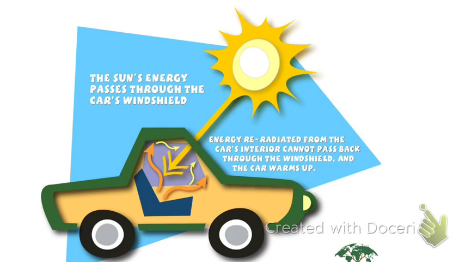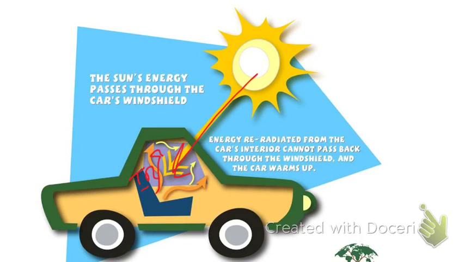Alright, now the greenhouse effect can also occur in our cars. Now, our cars have windows, and the windows will allow a lot of the light to pass through. But inside of the car, the materials like the seats and the dashboard, whatever, are going to absorb all of that light that's coming in through the window. And those atoms that are in the seats or the dashboard or steering wheel, they're going to start vibrating more rigorously. And as they begin to vibrate, then they're going to emit infrared radiation,